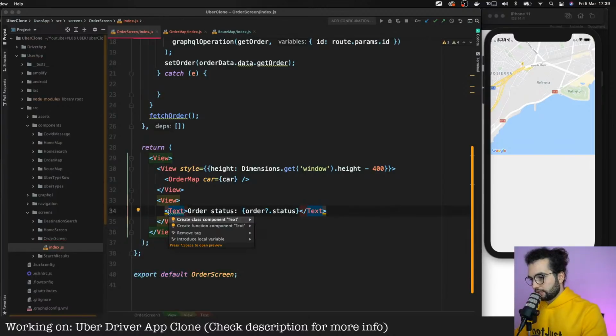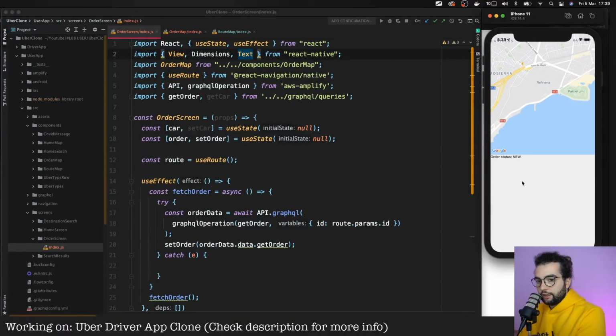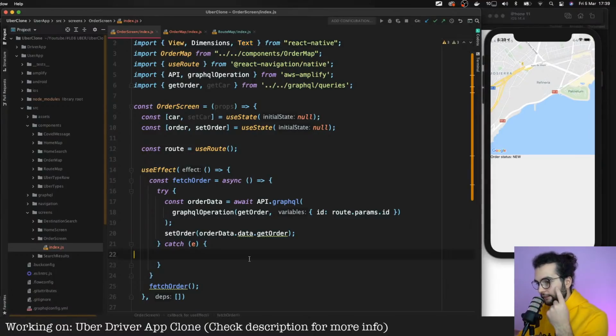Let's import the Text from React Native. Save. Yeah, we see here order status is new, and that means that we successfully fetched the order from our backend.